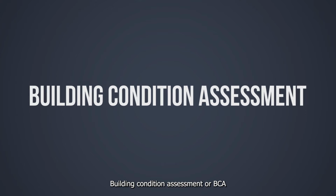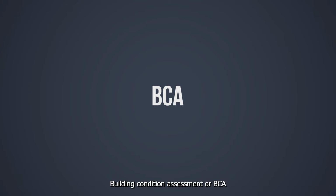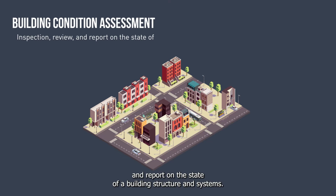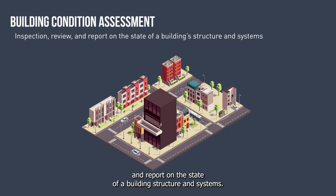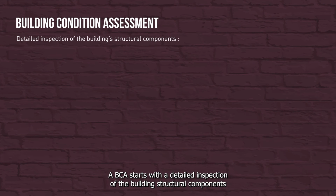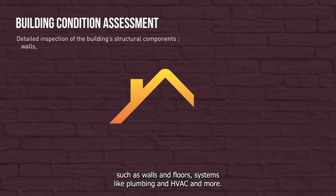Building Condition Assessment, or BCA. A building condition assessment is an inspection, review, and report on the state of a building's structure and systems. A BCA starts with a detailed inspection of the building's structural components, such as walls and floors, systems like plumbing